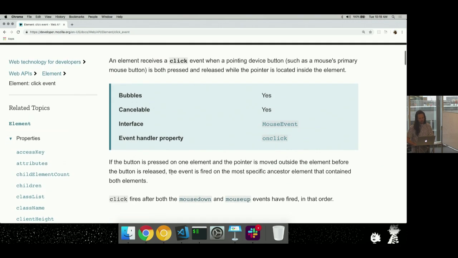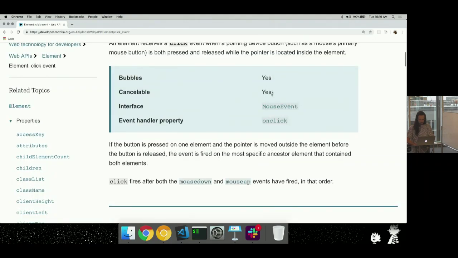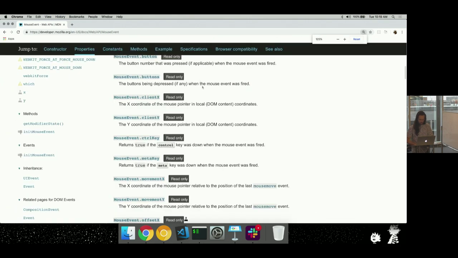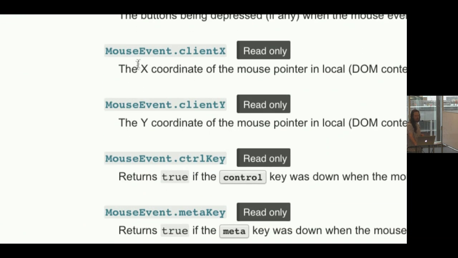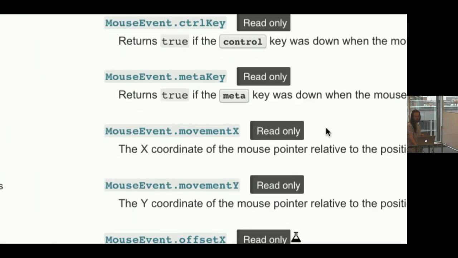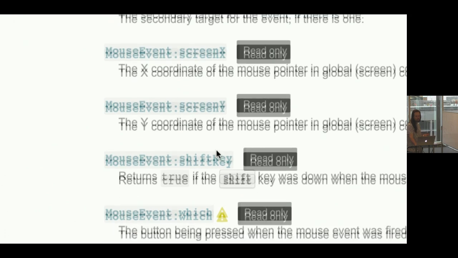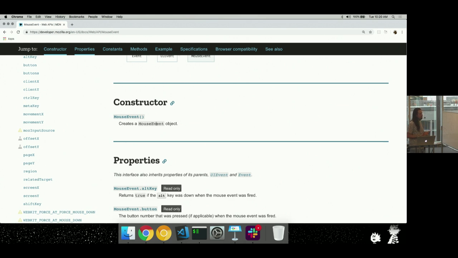The click has a mouse event, and here's a bunch of the properties that are on a mouse event. Returns true if the Alt key was down when the mouse was pressed. Here are the X and Y coordinates of the mouse in local DOM content coordinates. Page X and Y, offset, there's just so much in here. And we're never going to be able to learn all these things. So the best thing to do is, when you want to use an event, go take a look